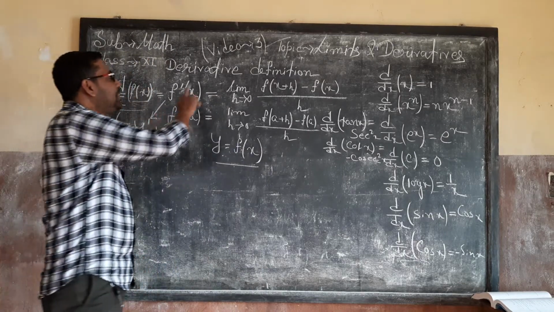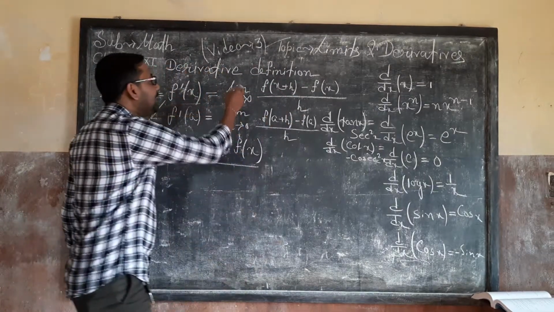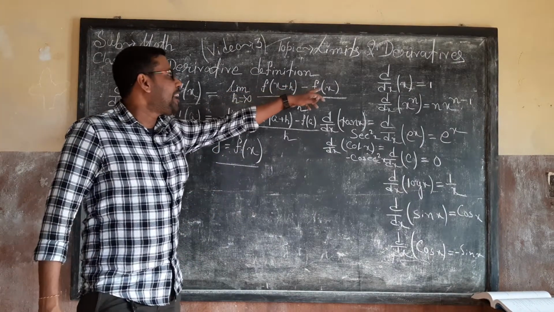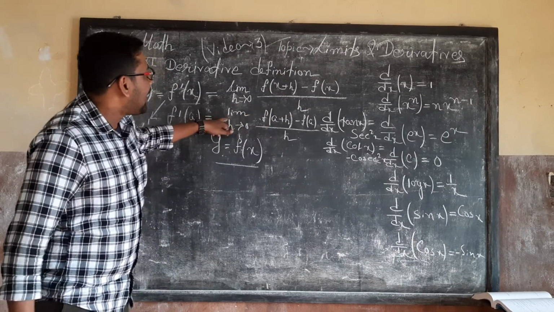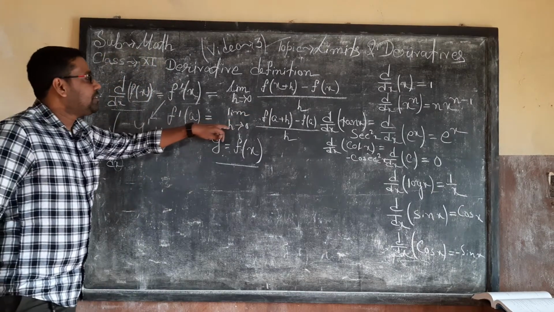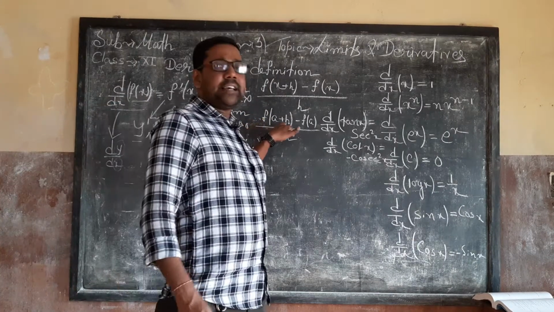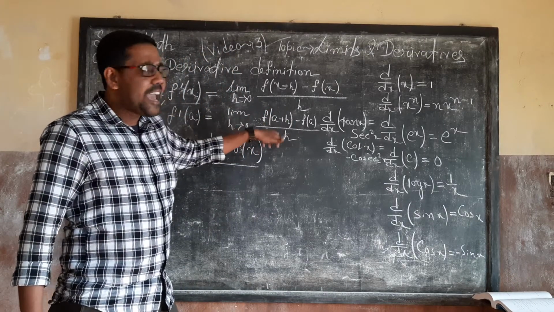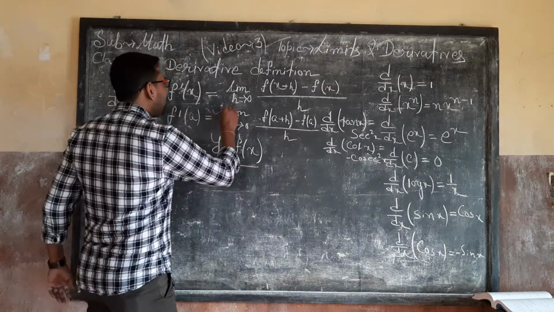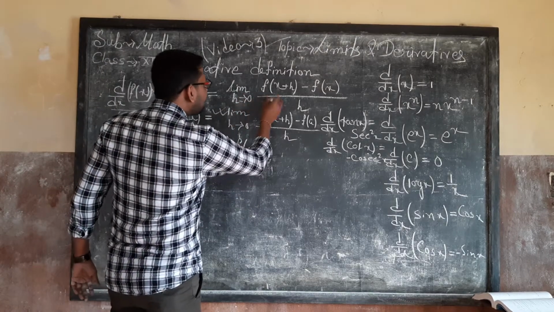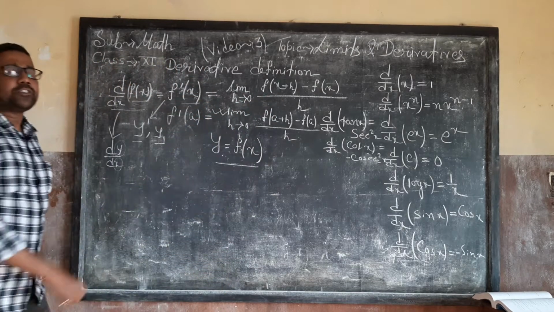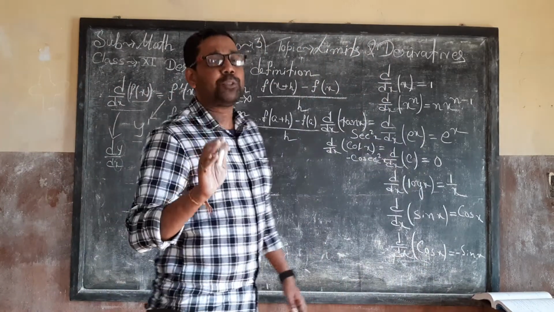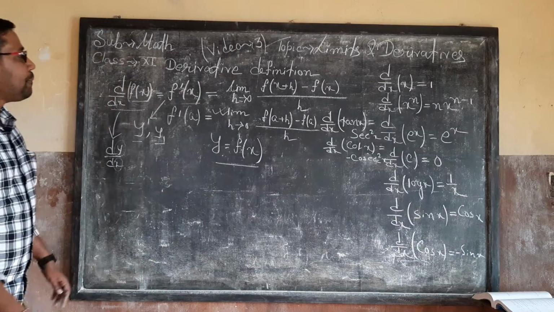So another definition of the derivative is the limit h tends to 0, f(x plus h) minus f(x) by h, and another one is the limit h tends to 0, f(a plus h) minus f(a) by h. The second form is another form of the first, and this form is called the first principle of the derivative. Okay,